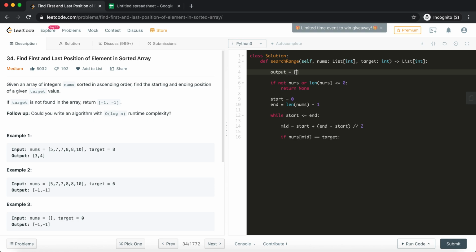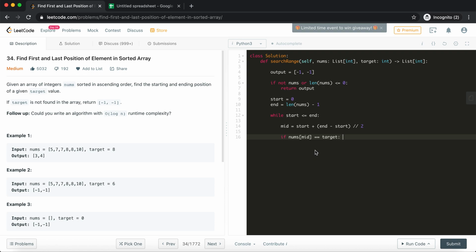So here I'll just have a -1 as our output, and I'll return that. I don't want to return none because that's not really the output that they are expecting. The program could crash. So just to be sure, I'm using this -1, which is a negative. If the target is not found, we need to return that. So I'm just using that negative case, and returning it from here.